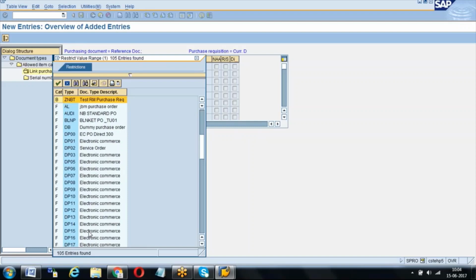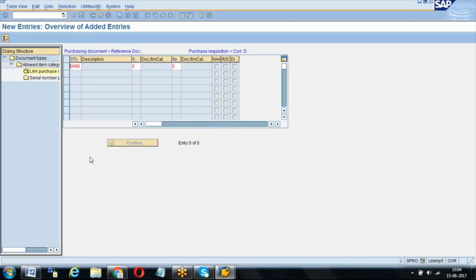See, allowed item category is only to allow you to create a purchase requisition. That's not linking. Here we are doing the direct linkage. For example, to create a service PO, you should have a service purchase requisition. No other purchase requisition is allowed. Then you have to keep D. Other entries are not allowed.